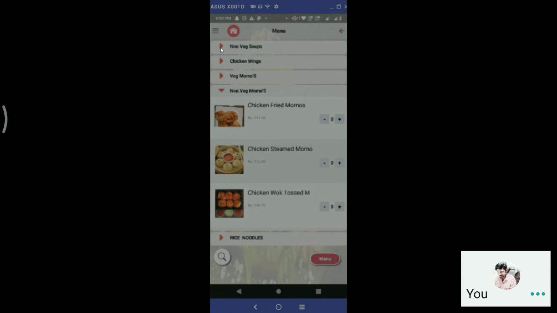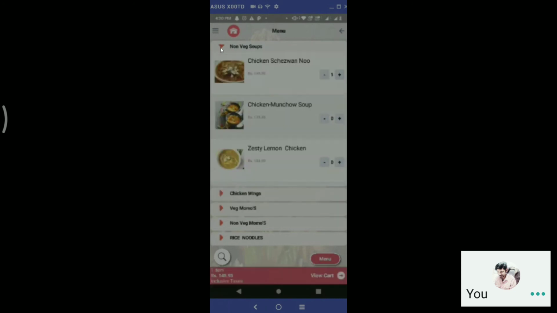I will go to any of the groups and add the product. When I add the product, it will be added to the cart. Now below you will see this one item, rupees 145.95 inclusive of taxes. Okay. I will add another product.